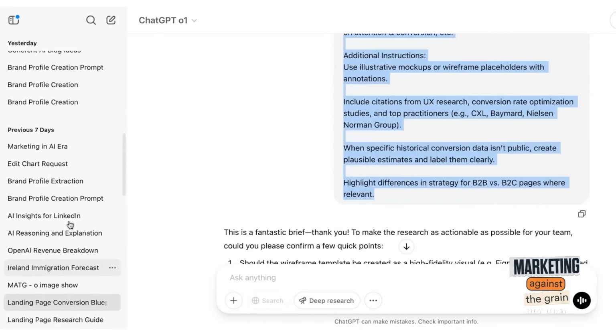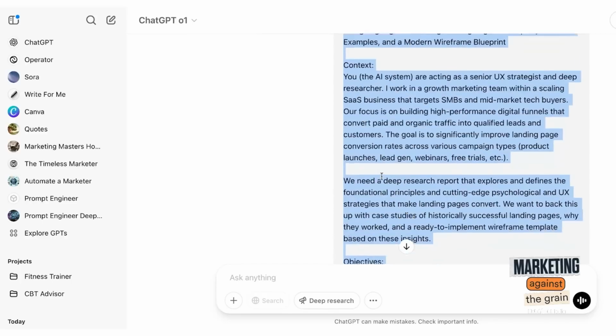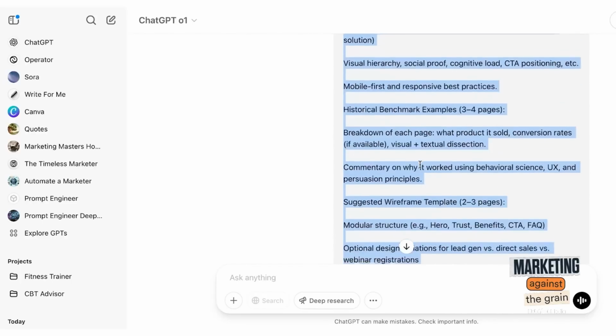The secret sauce here is, anytime you get a working prompt, create a GPT assistant. And then anytime you want that prompt again, you just say to the assistant, hey, I want to do this thing. Can you create a prompt? So anytime I want a deep research prompt, it will recreate this template that works really well.